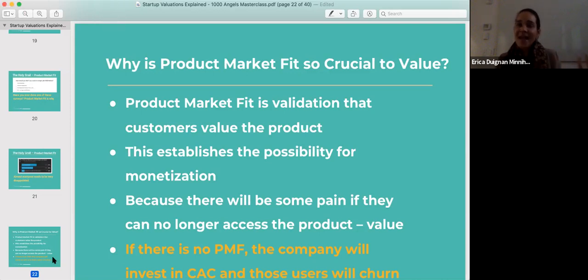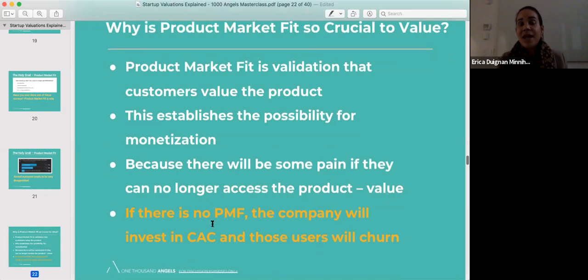If it's kind of like, hey, yeah, that was fun and I used it when it was free, but as long as it's going to cost me something, I'm not paying, because I only pay in order to avoid pain. And if there's no pain for me not using your product anymore, I don't really want to pay for it. So that's basically the easiest, fastest way to understand whether or not there is a possibility